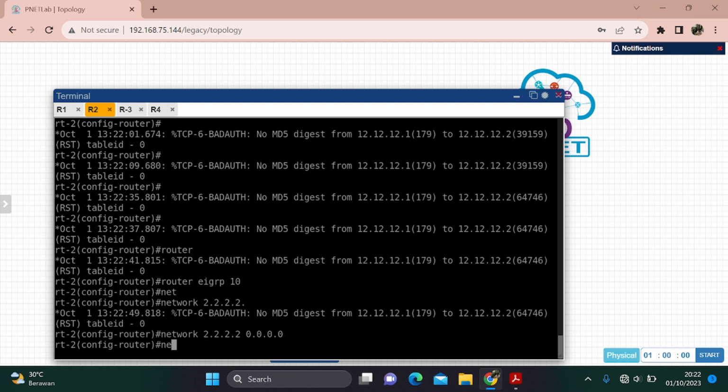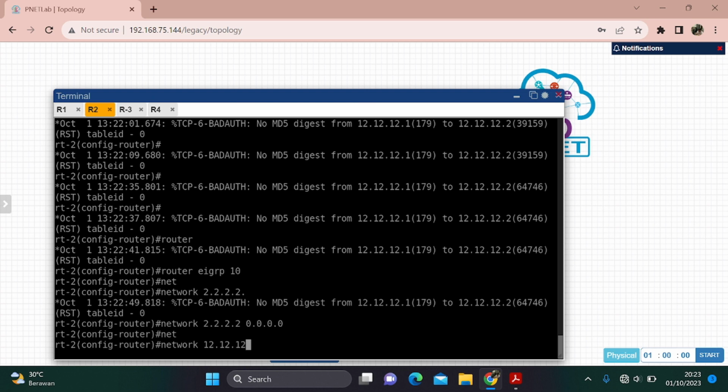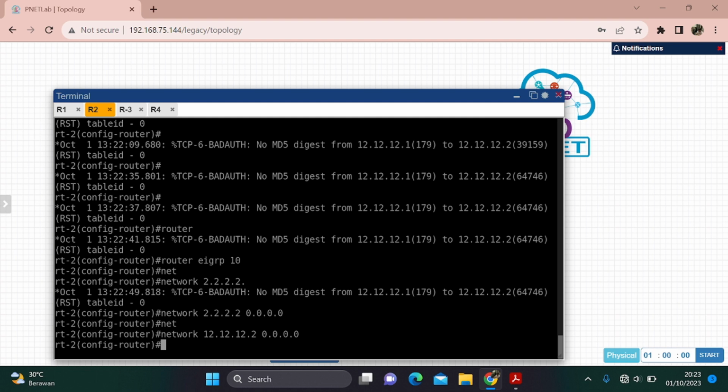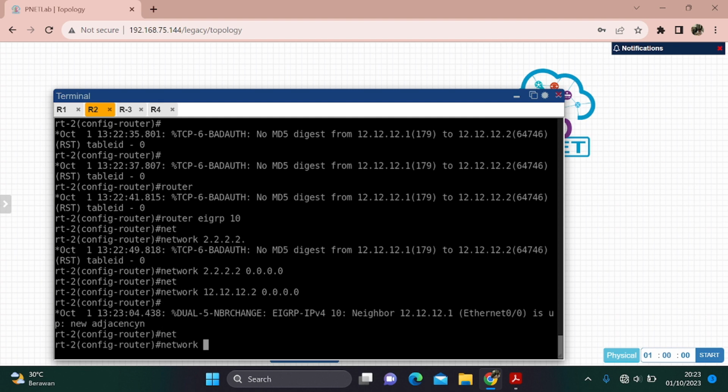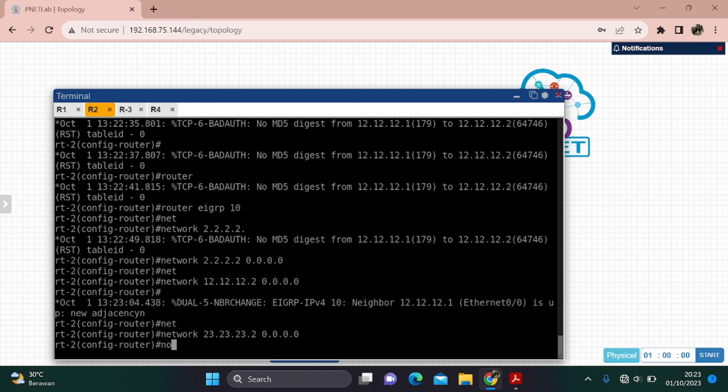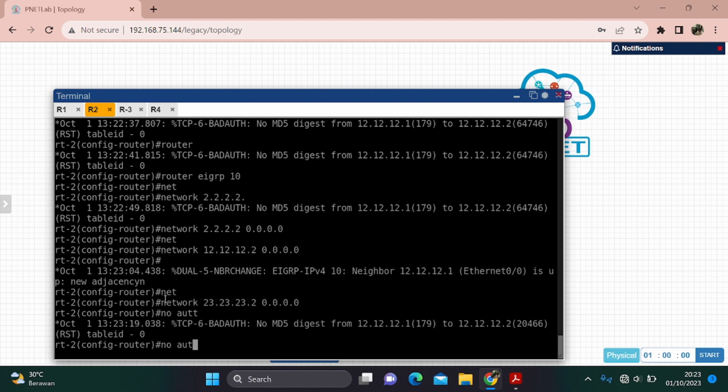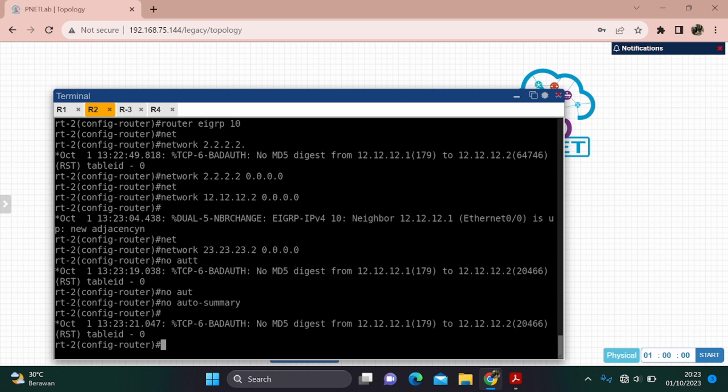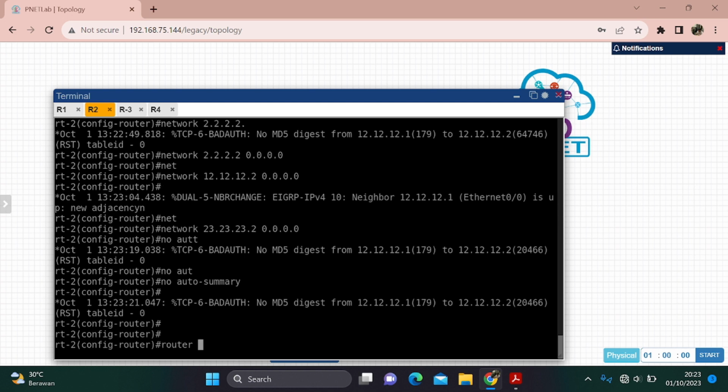Then after that 12.0.0.0, after that network 20.0.0.0. Don't forget to add no auto-summary. Then router BGP.